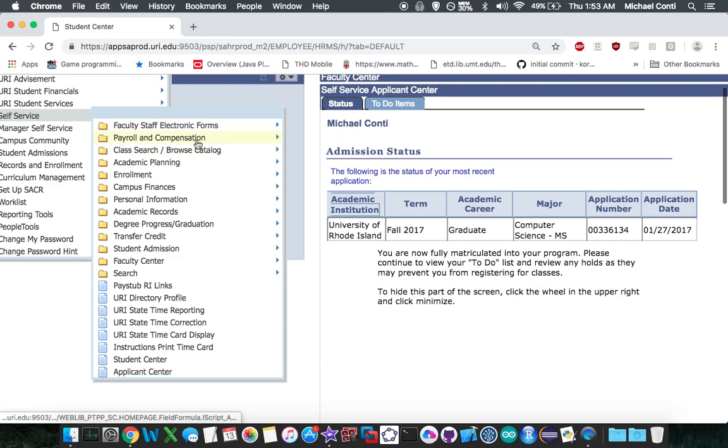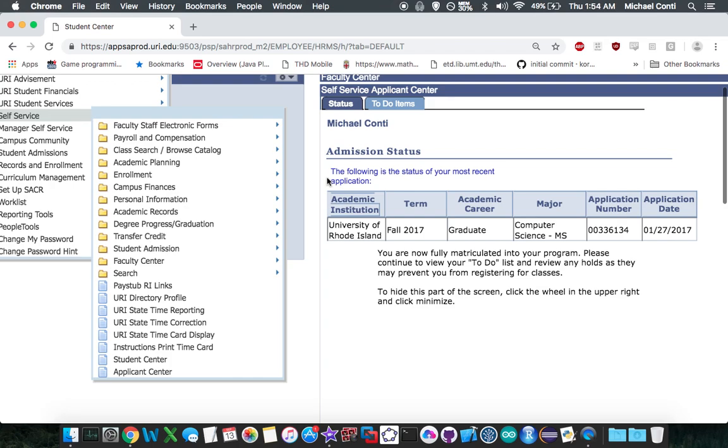But if you are a student that's working on campus, either at Ramsden, or if you end up becoming a TA for the computer science department, which I certainly encourage if that's something you're interested in, this is where you're going to be reporting your hours. So it's interesting, you're going to see a little tab here and it's going to say, okay, report hours. You can click that and expand that. But when that time comes, you should be receiving a formal training on that,